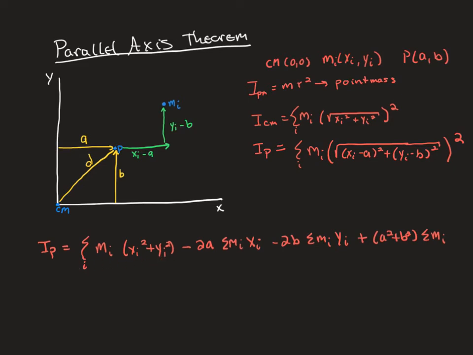Now let me do something real quick to this. I'm going to put this in parentheses, take the square root of it, and then square that term. I haven't changed anything mathematically, because a square and a square root cancel each other out. But it looks like this equation we had up here, which was a moment of inertia about the center of mass. So I'm going to replace this term down here with the moment of inertia about the center of mass. I think of this as the original equation, the one you get from the list in the textbook. Alright, so now we need to go off to the side and talk about how you calculate